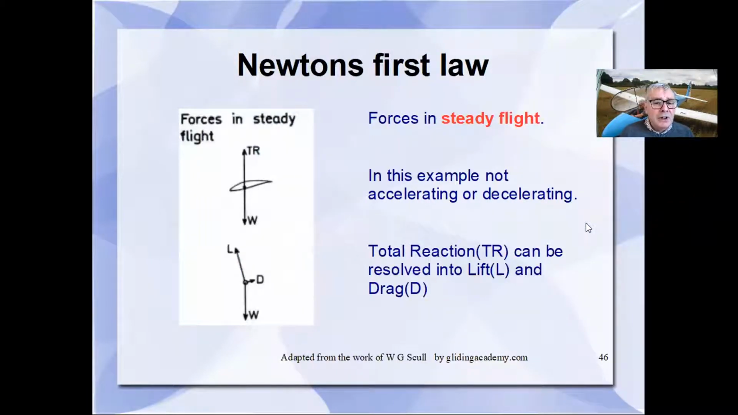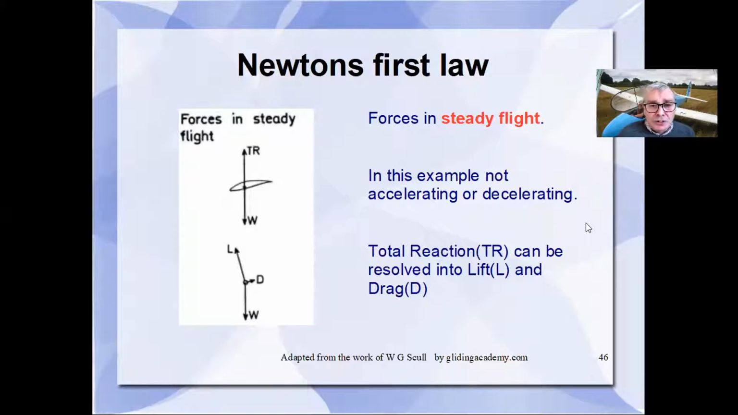A glider in flight is in equilibrium if it's not accelerating or decelerating, and most of our examples when we're looking at the principles of flight will be considering it as in equilibrium. The top diagram is showing us what you've seen before, and that is the total reaction acting upwards and the weight acting downwards. The object isn't accelerating or decelerating,